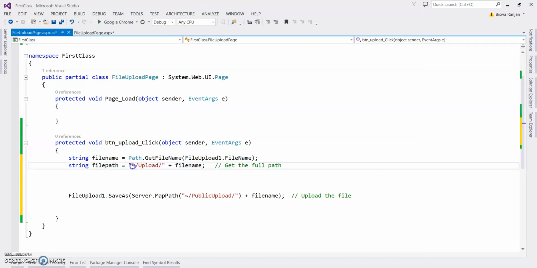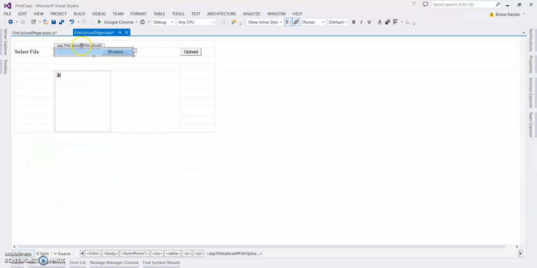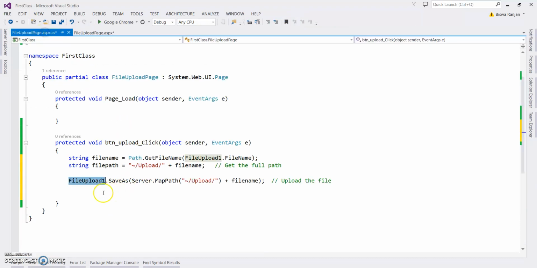So this is the path, the current root path slash our file name, and this is the line to store the data. You can see FileUpload1.SaveAs. This file upload control has an inbuilt method SaveAs, with Server.MapPath, the particular path where we want to store the data, and the file name. So it will store the data.